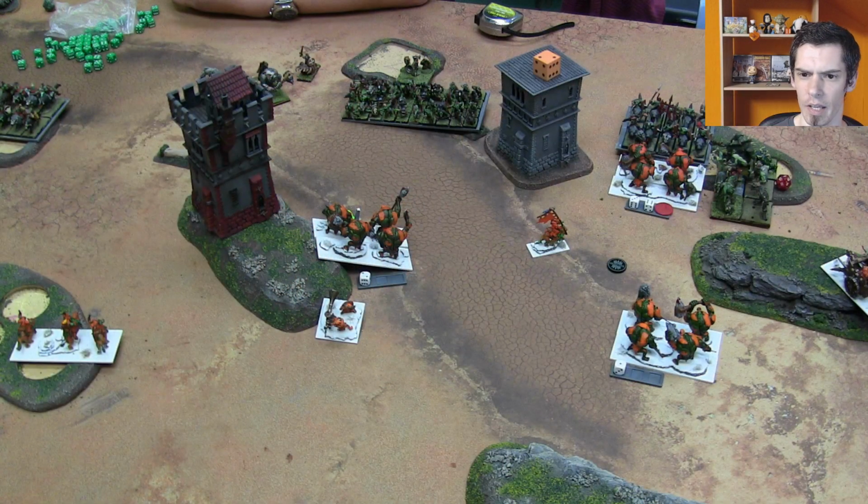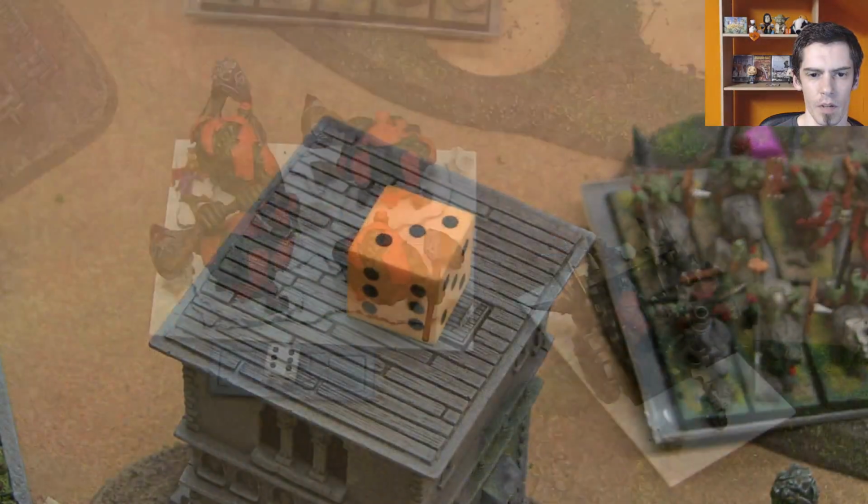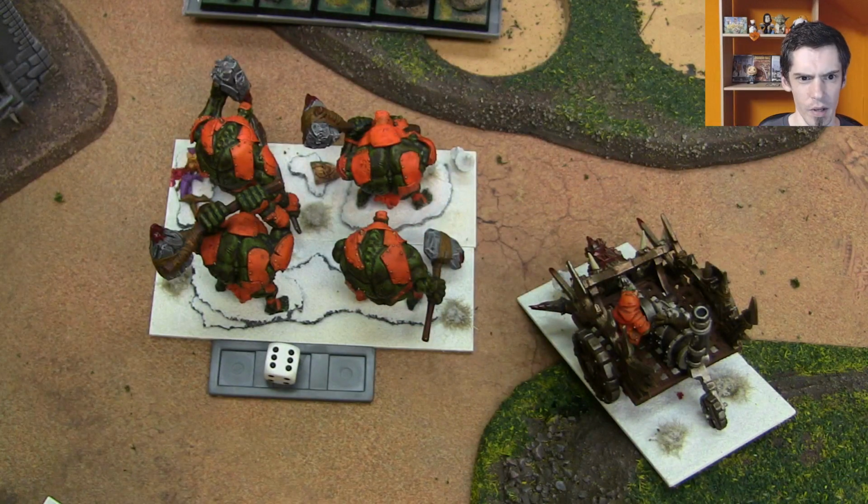So there's how it's looking, and the Mincer is now going to be able to have a field day. So are my trolls, because once the laser came out, it was deemed that my trolls could see the enemy troll horde just despite the presence of that hill. Turn 3. So the Mincer and the trolls...